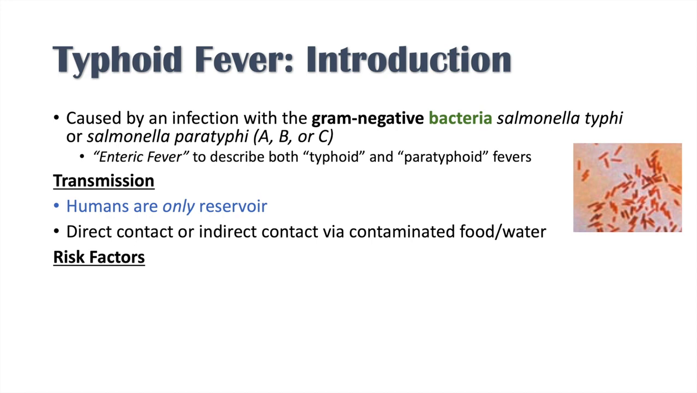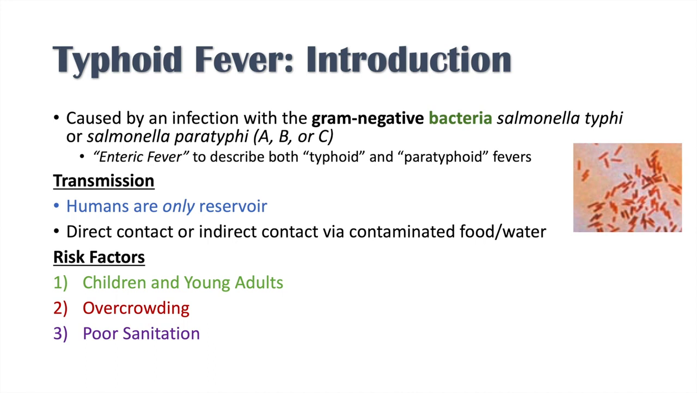Now, the risk factors for contracting typhoid fever include being a child or young adult. Children and young adults are more susceptible to typhoid fever. Another one is overcrowding. So you can imagine if there's lots of people, if anybody's infected, they can easily transmit it through direct or indirect contact. And poor sanitation is also another risk factor. So again, through contaminated food and water, if there's poor sanitation with regards to food or water, it's easier to